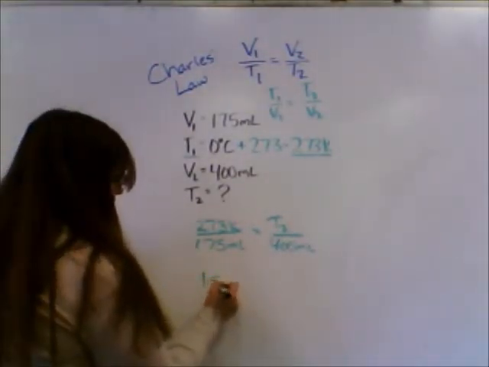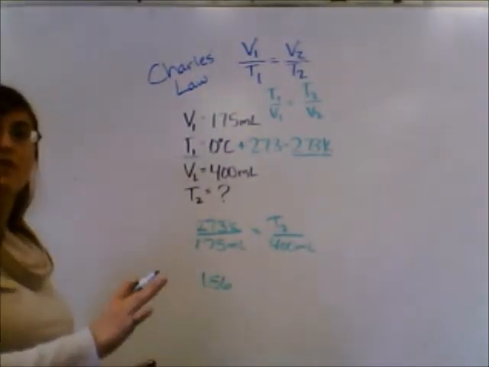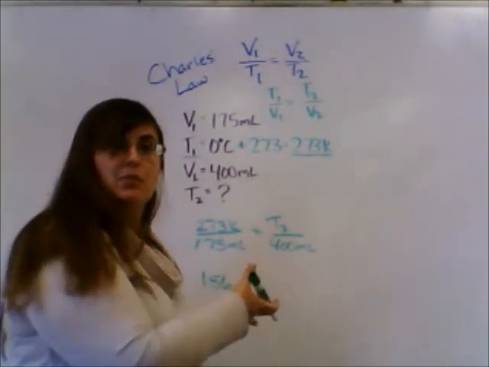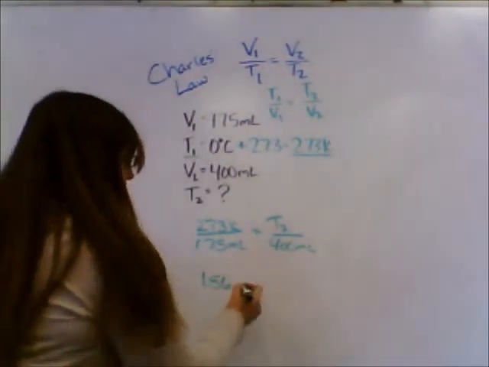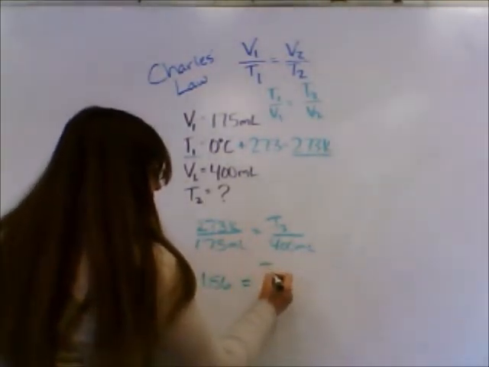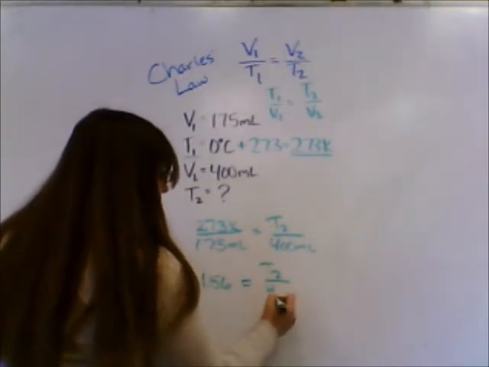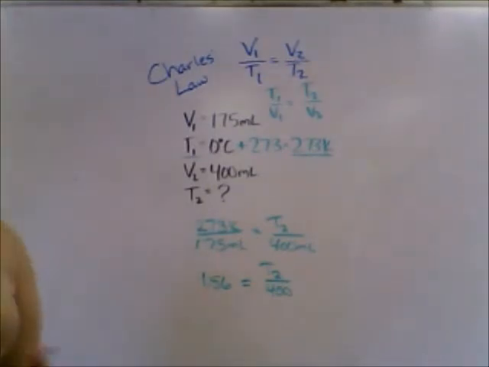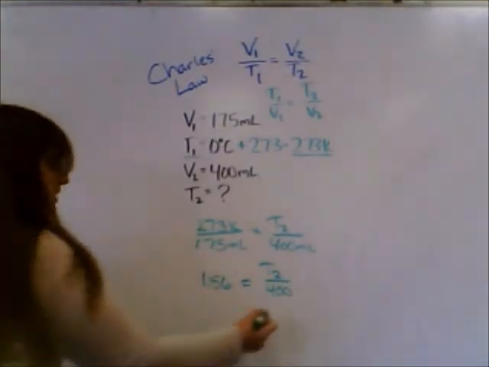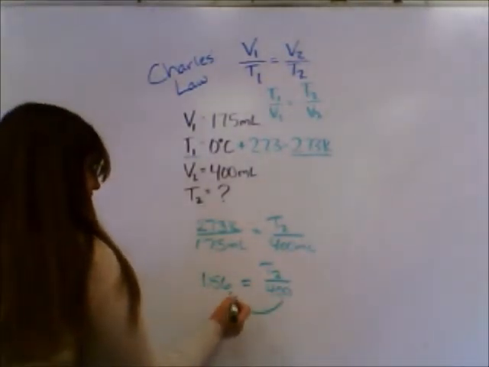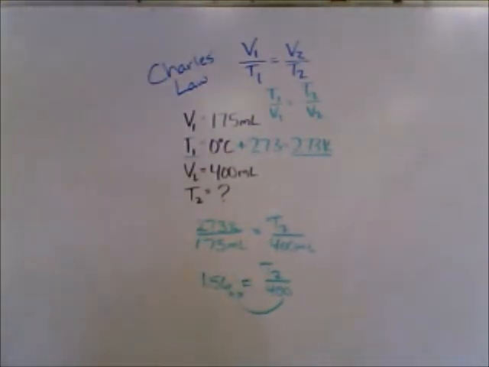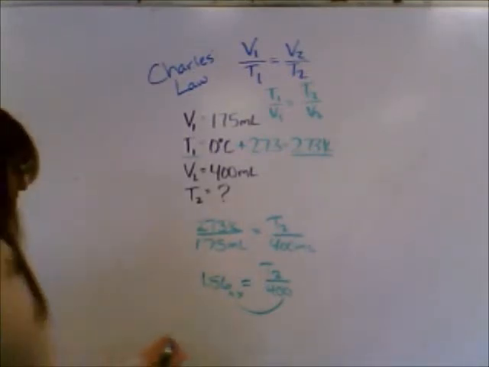So that is going to be 1.56. Now this one is actually just 1.56 straight up. No decimals, no repeating, no anything. So you would write down 1.56 at this step. And that is equal to T2 over 400. So now, again, 400 is on the bottom. In order to get it off the bottom, we need to multiply the left side by that 400. So it turns out that 1.56 times 400 is